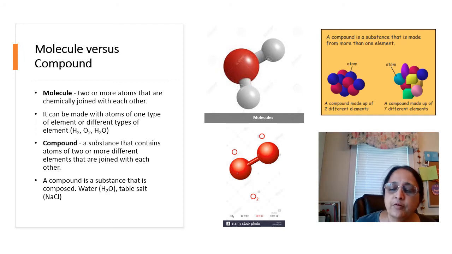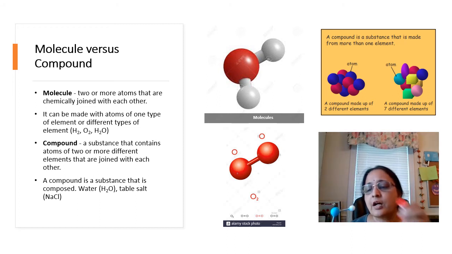But a compound is a substance that contains atoms of more than one type of element. That means, let's go for the same example, water. Now water is made of 2 different elements' atoms. Therefore, we call this one a compound, and it is a molecule and it is a compound. Yes, but we don't call this oxygen a compound because this is made of only one type of element's atoms.